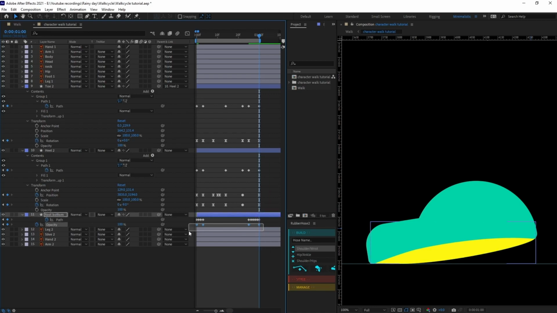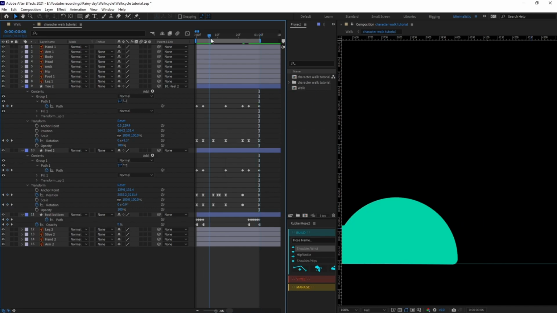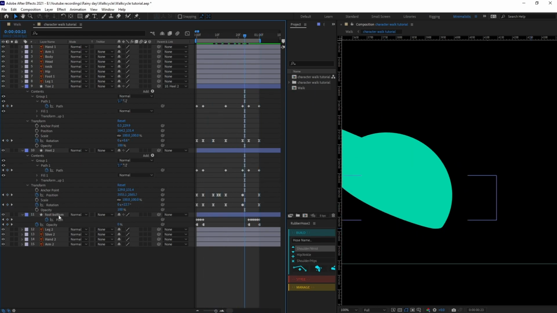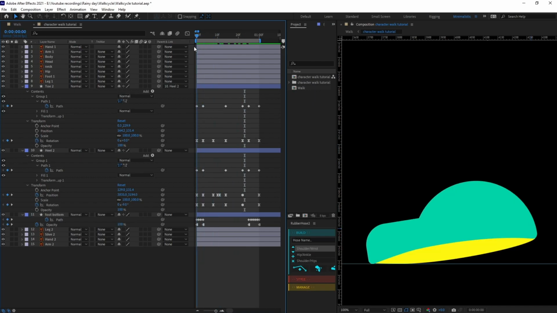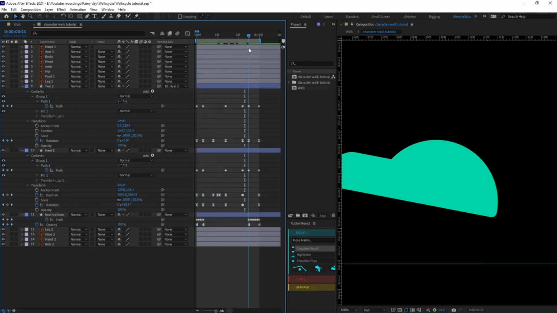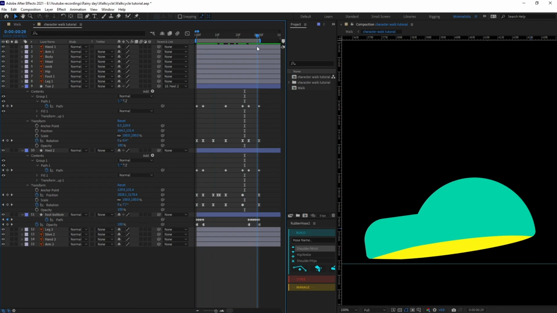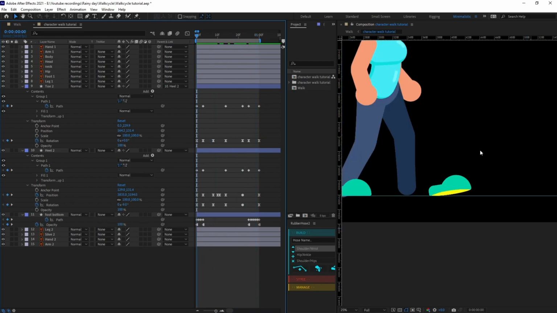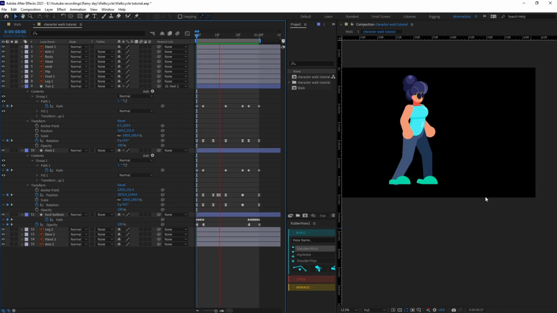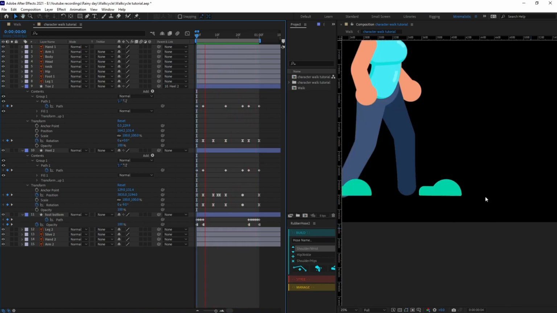And after that we are going to change the keyframes to hold keyframes. So throughout the region, this foot layer's opacity is completely 0, and after that when it crosses this point it again gets to 100%. Now we are going to add some loop expression to these keyframes, but for that let's check out the animation.